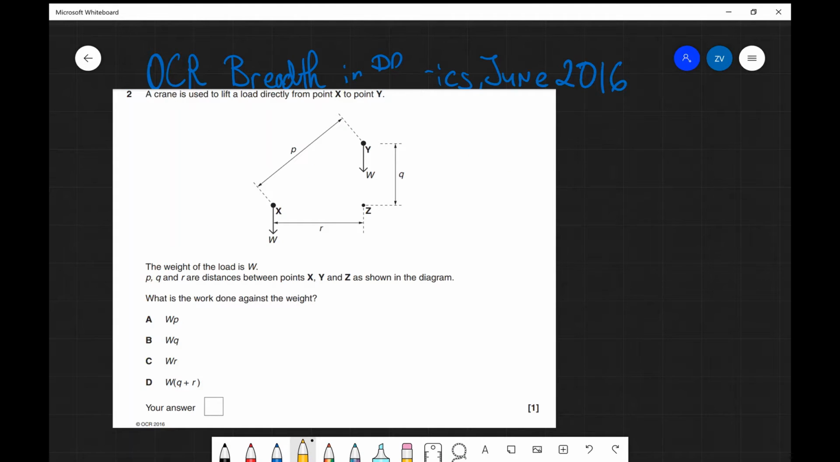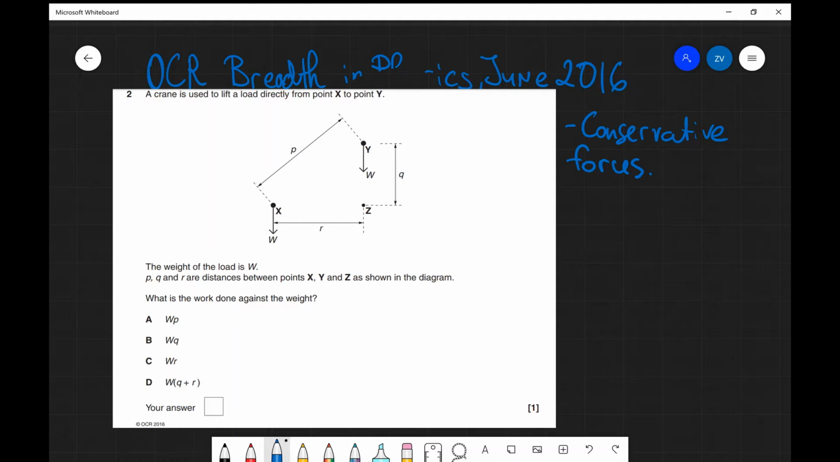Moving on to question number 2. A crane is used to lift a load directly from point X to point Y. What is the work done against the weight? Now, this question actually takes a property of gravitational forces. They are known as conservative forces. Now, that simply means that the work done by a conservative force is